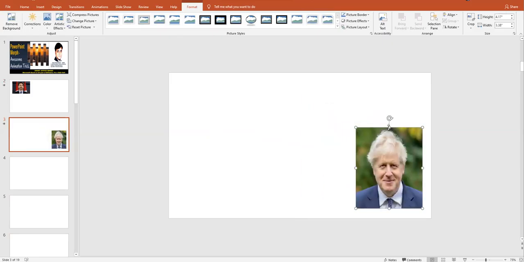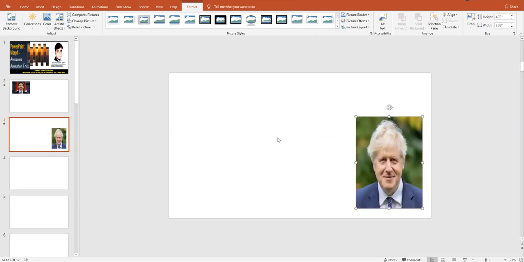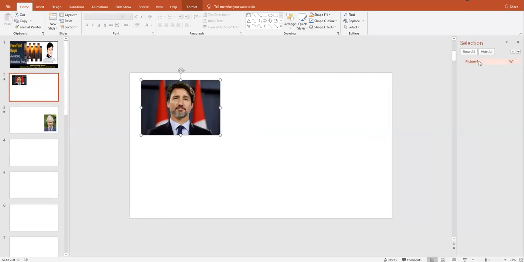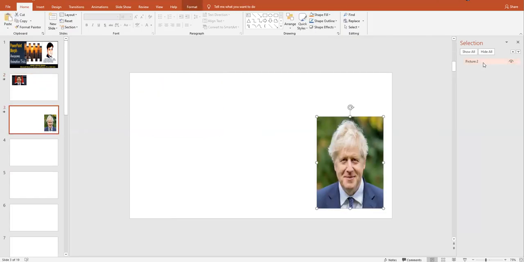Now, PowerPoint doesn't know the picture. It knows the file name and the path of it. So what we will do is select this one, go to the Home tab, and in the Arrange menu, go into the Selection Pane. In this selection pane, there is Picture 4. You can rename it by applying an exclamation mark. This is the most important thing: the exclamation mark, and then you can put anything, say Zahid, like this. Just copy this and go to another picture and force PowerPoint to read it as exclamation Zahid.